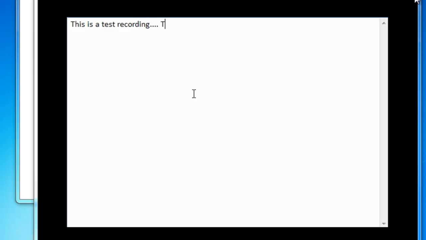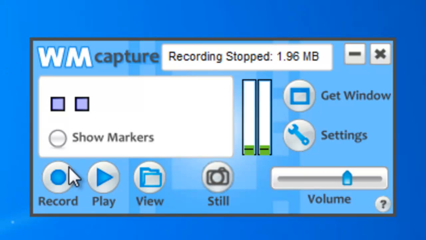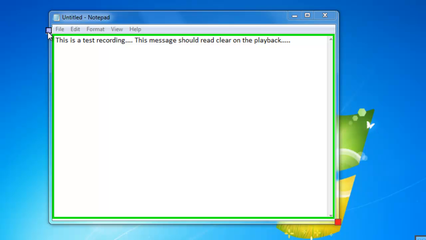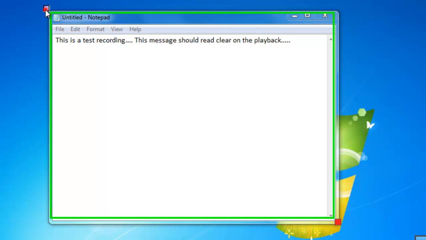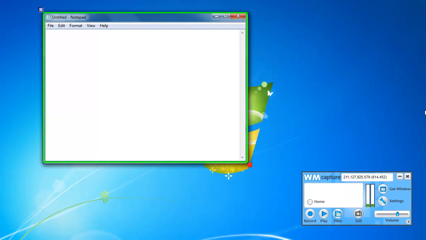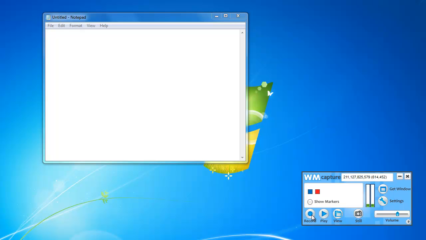Okay, so now we're gonna move on to the next test. Click Show Markers to show your marker and move this guy up so you grab the entire Notepad window, okay? Now the purpose of this is to make sure that you can accurately set up your video markers. I've had some people complain, oh, I can't set my video markers, and there's things that could cause that, but we want to be sure. So this is a nice, easy way to test everything. Okay, so once again, we're going to hit home, click record,